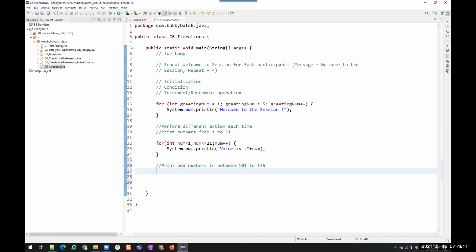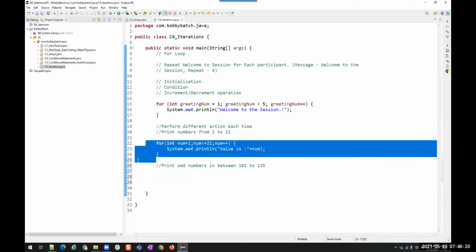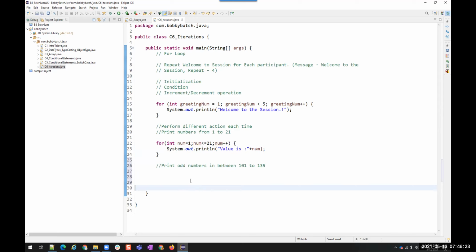Okay. So now see here, in the previous operation, what we did is we printed all the values between 1 and 21. But now I don't want to print all the values. I want to print only a few values, that is when that number becomes an odd number. If that is an odd number, I want to print it. Otherwise, I don't have to print it, right? Agree? So for this, we have two logics. I'm using blind logic first. So what is blind logic? If we are starting from 101, the next odd number will be?